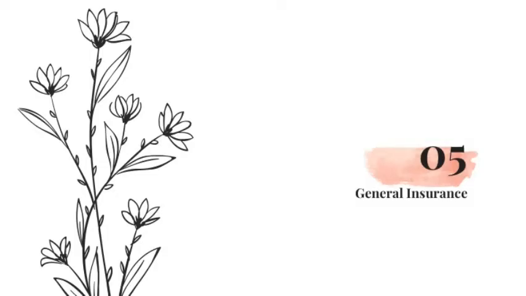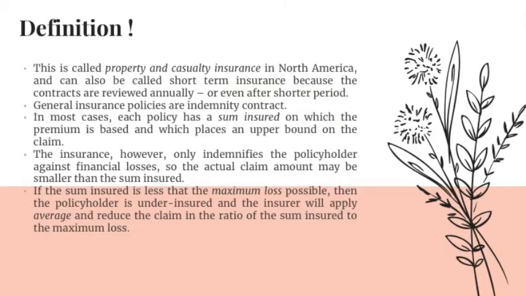General insurance. Definition: this is called property and casualty insurance in North America, and can also be called short-term insurance because the contracts are reviewed annually, or even after shorter periods. General insurance policies are indemnity contracts. In most cases, each policy has a sum insured on which the premium is based and which places an upper